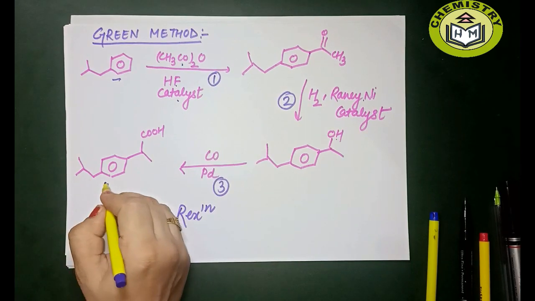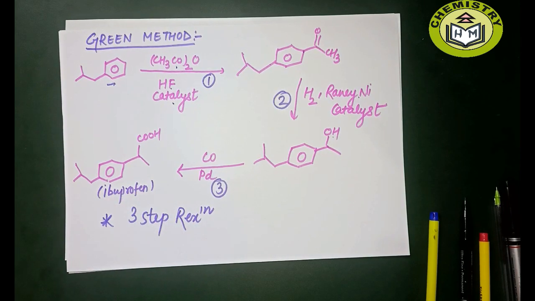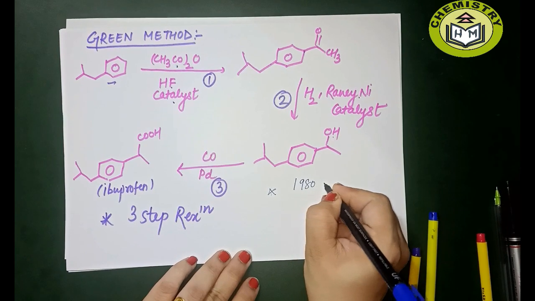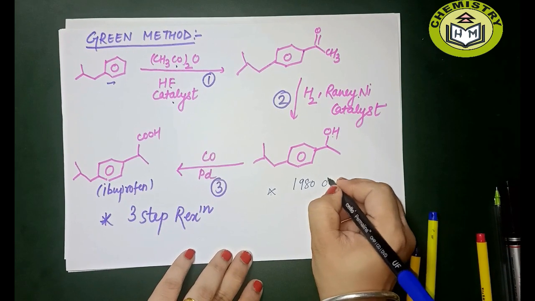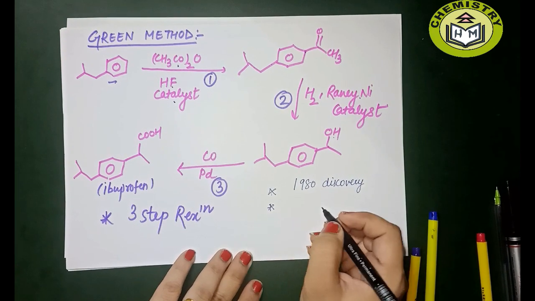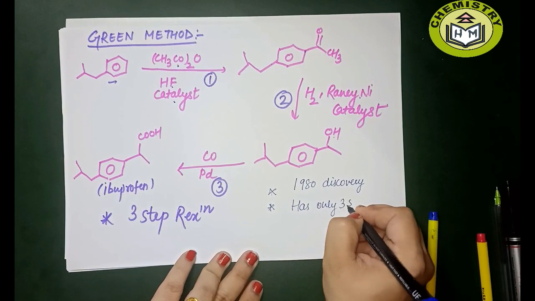Now we did the synthesis by conventional method as well as we did the synthesis by green method. So what we have to do now is choose which method is effective. Now one very important point, this method is discovered in 1980. Okay, in 1980 its discovery happened, and this method has only 3-step reaction,